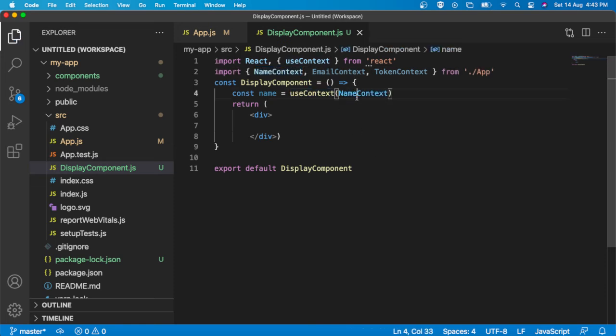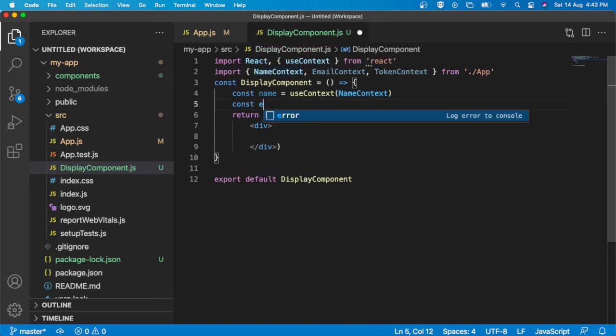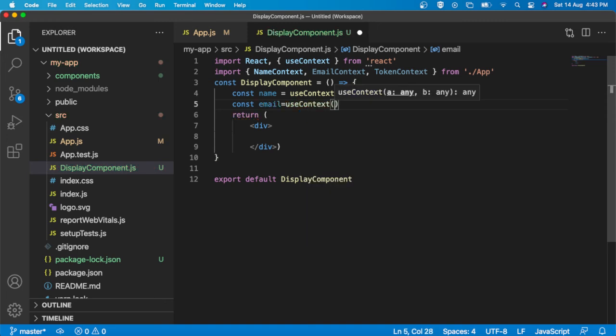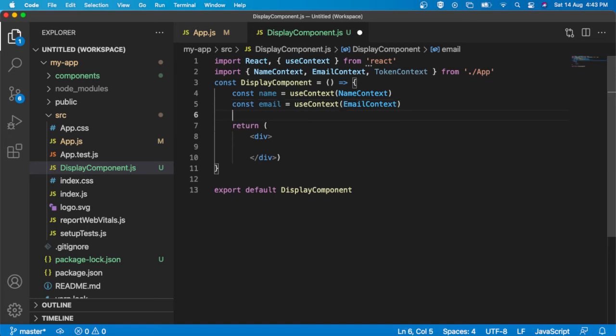I can just supply the context here. Also I can create email with useContext, using this context directly inside useContext. Also I can access the token value using useContext.